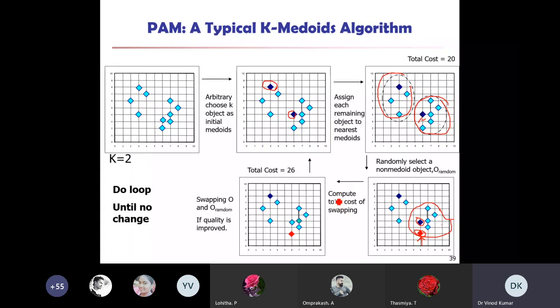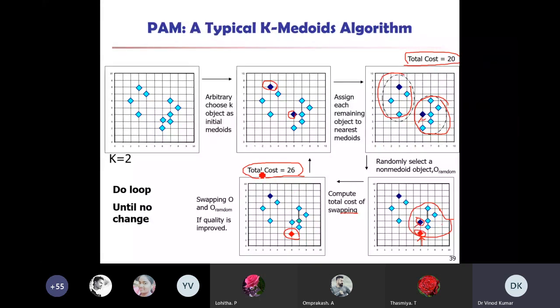So what is happening here? I will compute the total cost of the swapping. Okay, for this the total cost is 20, and if I did this swapping, then it will come to 26, because I have now chosen this as a central point in place of this one.